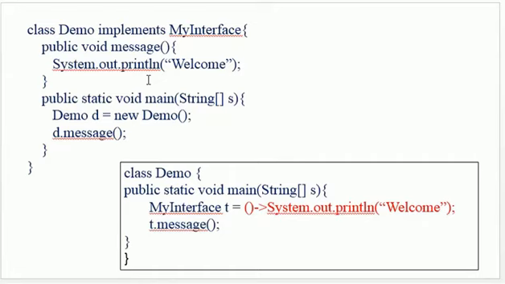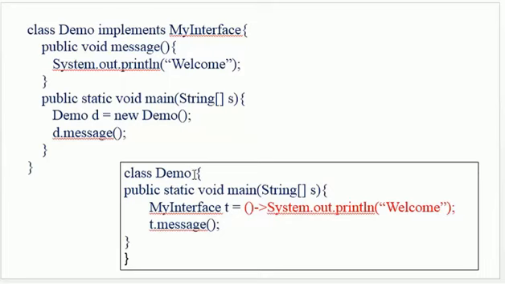So now what we are trying to do? We are trying to give only the implementation details. I don't want to write the things in the form of a method. I want to write the things in the form of an expression. And we always know that expression evaluation is fast. So here this class demo has been written in another way.